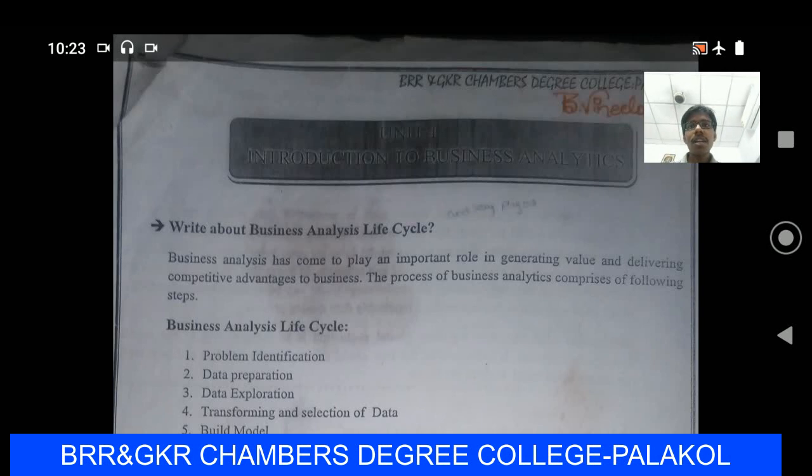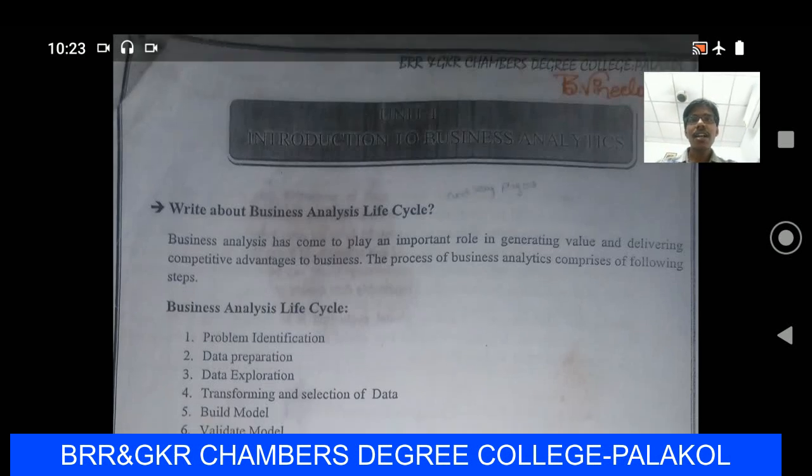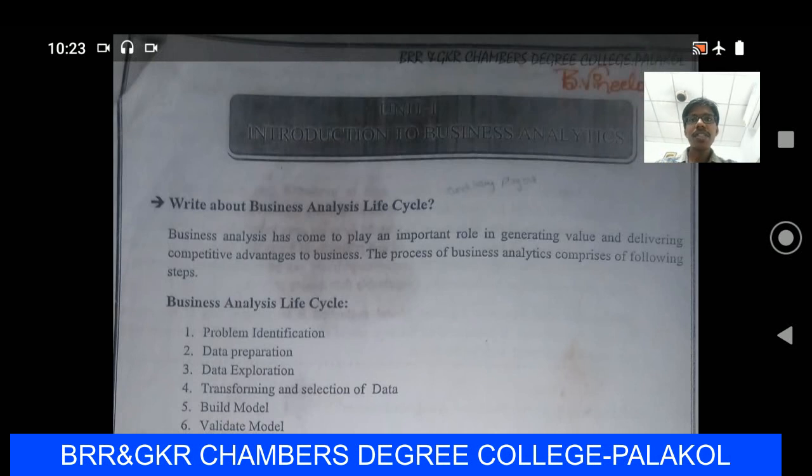It refers to the skills. It is a separate team in every organization, firm or company. Business analytics, BA, refers to the skills, technologies and practices for continuous iterative exploration, that means exploring in a repeated way and investigating the past business performance of a particular organization, to gain insight and drive business planning.